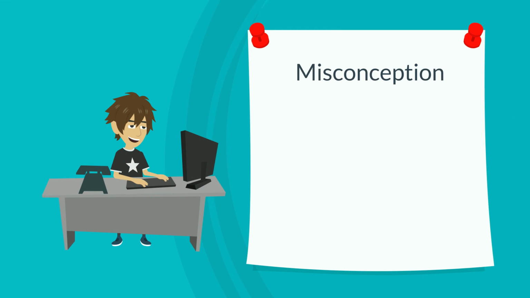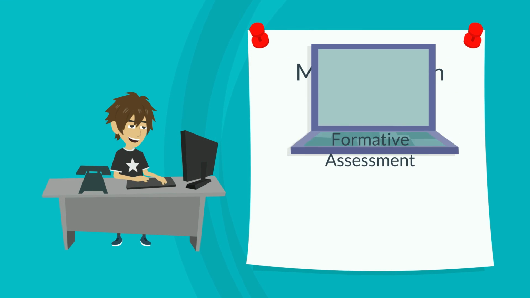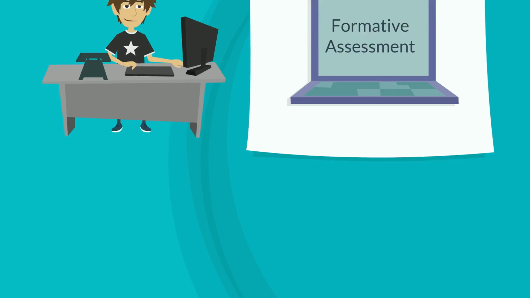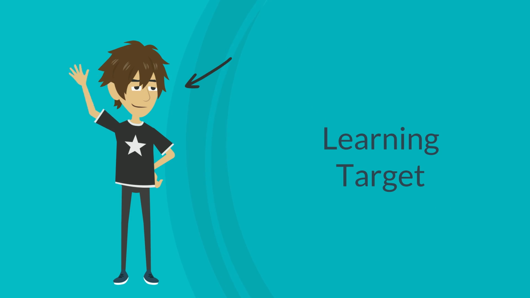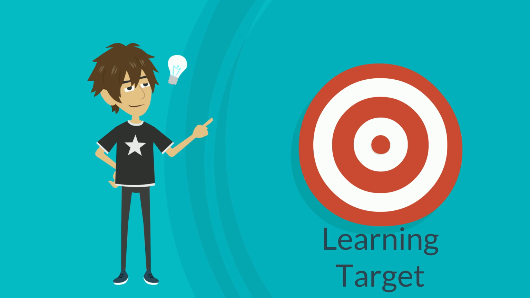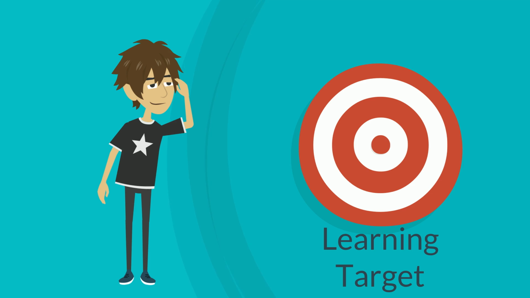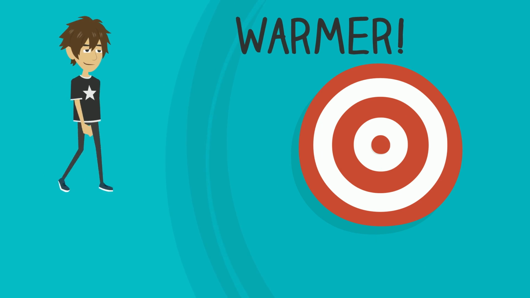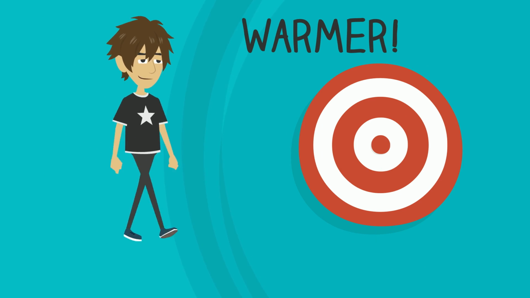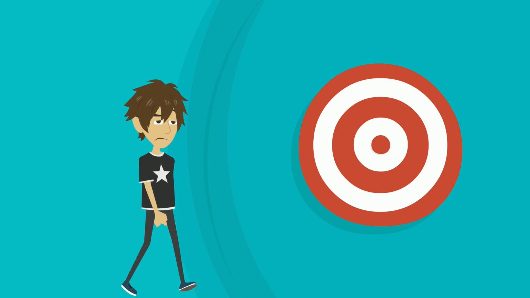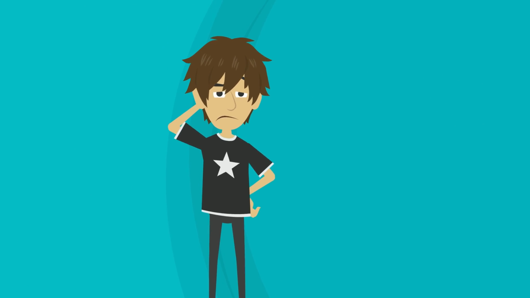Another common misconception about the formative assessment process is that computer adaptive or technology-enhanced instruction automatically equates to formative assessment. Although these tools are able to identify where a student is relative to the learning target, the formative assessment process also includes knowing the target toward which they are aiming and information on how to close the gap. It's like that game of hot and cold where someone tells you that you're getting warmer as you get closer to a hidden object that you're supposed to find, or colder when you're moving farther away. That information isn't very helpful if you have no clue what you're looking for.